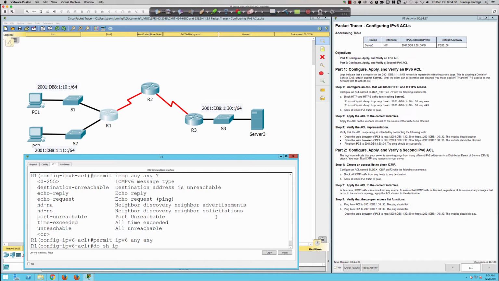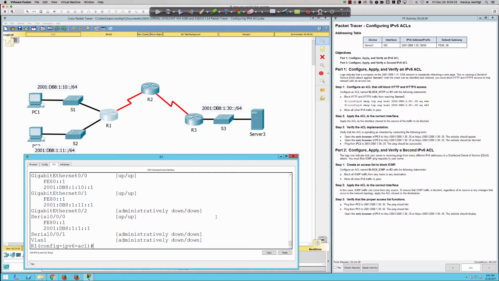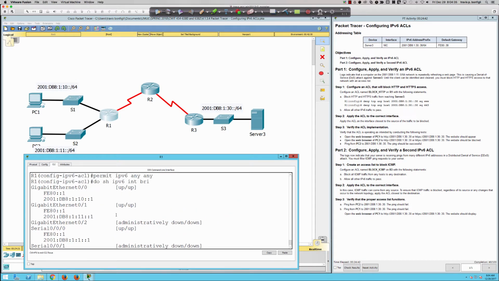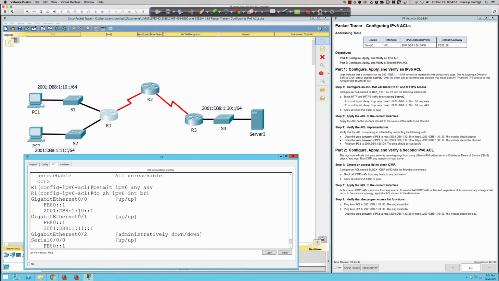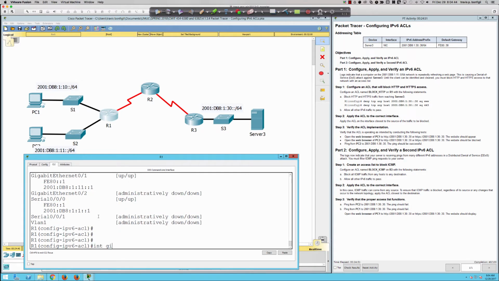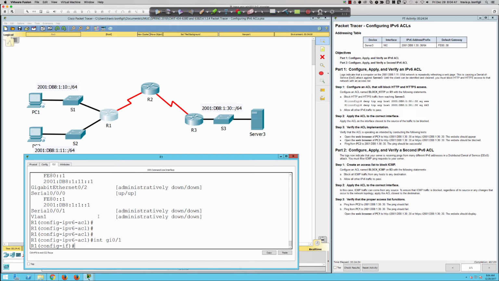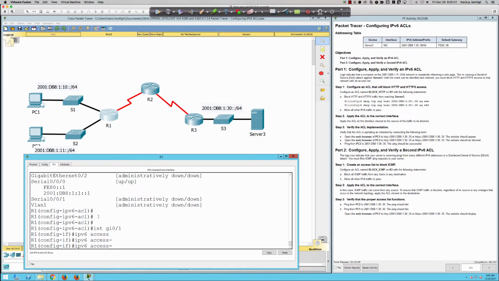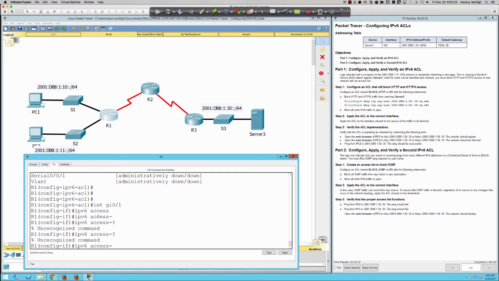But first, let's do show ipv6 interface brief. And 2001, it is GigabitEthernet 0/1. So GigabitEthernet 0/1 is the interface on which we're going to apply this ACL. So let's get under interface GigabitEthernet 0/1. Now, this is another difference, and not a major difference, but it is significant, because you may be thinking, I'm going to type in ipv6 access-group, right? And your initial